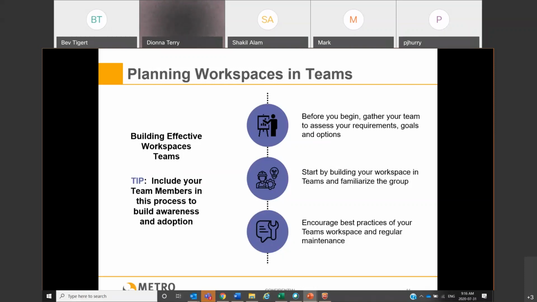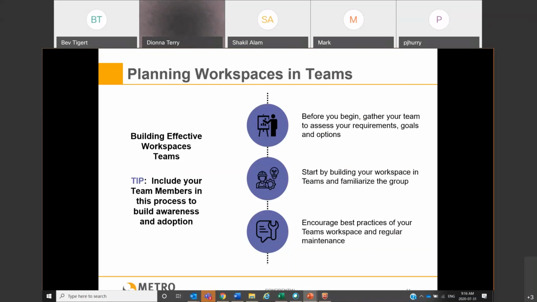So when you think about what is the purpose of your team, is it a project management team that you're creating? Your site's going through a project and you want to organize it. You've got many players and there's lots of work to be done. Do you want to organize it with a team and have separate channels underneath it? Or is it more of a process operational, such as your training, SOPs, and it becomes a repository for all that good information that everybody has access to?